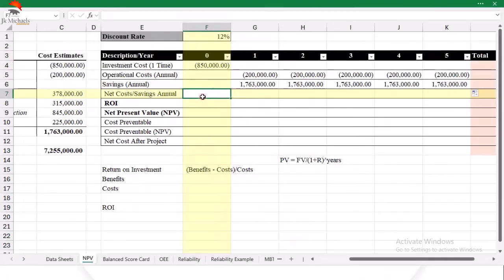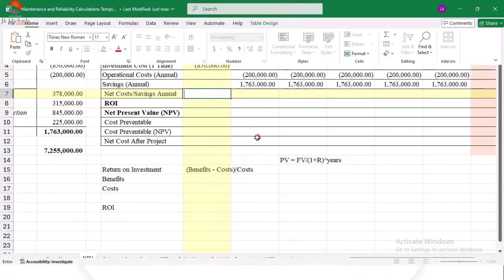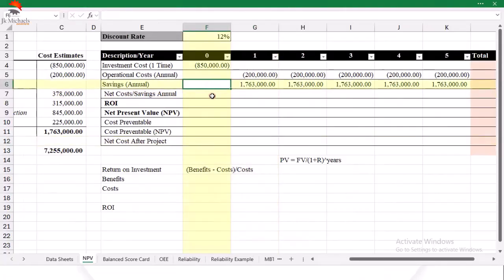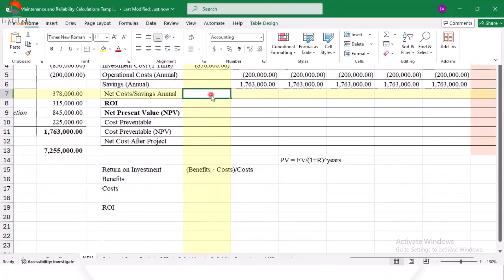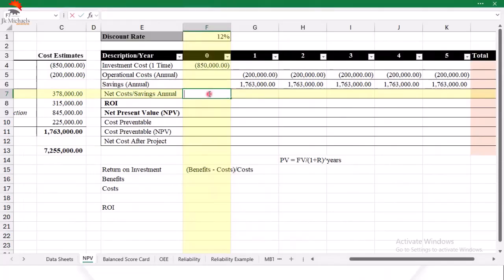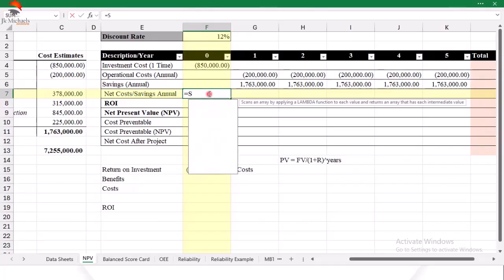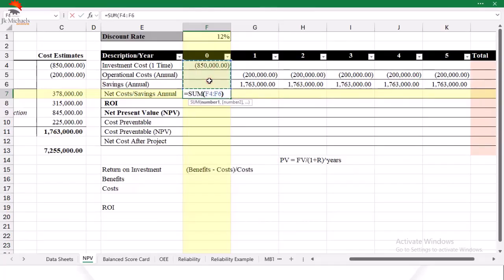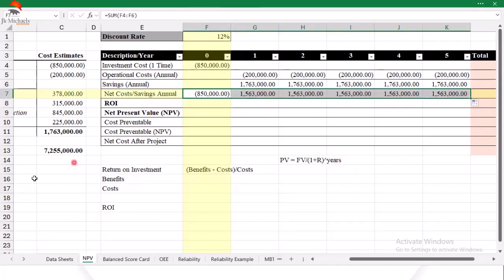Our first year net cost will be 850,000 US dollars, which is our initial investment cost. And then when we pull this across, we would have our net savings for year 1, 2, 3, 4, and 5, which will be about